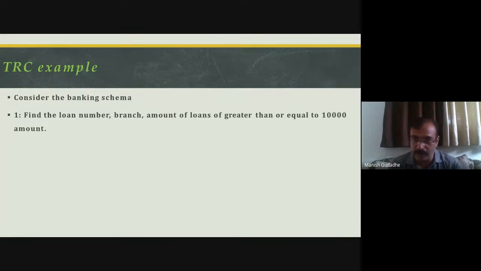Good. Vaibhavi has also tried, and yes, most of you have written it correctly with little variation. Most of you are mentioning all the attributes together. Instead, we can simply mention star, as Shubhi did. Fine. So find the loan number, branch, and amount are all the three. Here we now need to understand that it's tuple relational calculus, so every time the whole tuple is going to be present.